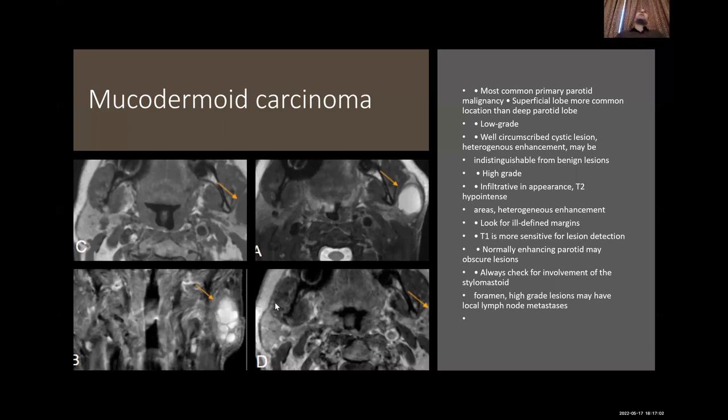The next tumor is not common like the adenoid cystic. Adenoid cystic should come before the mucoepidermoid carcinoma, but I got this from one of the papers, so I have to make it in the beginning. But if I were the author, I would put adenoid cystic in the beginning. Okay, why? Adenoid cystic is the most common. You will meet in the exam